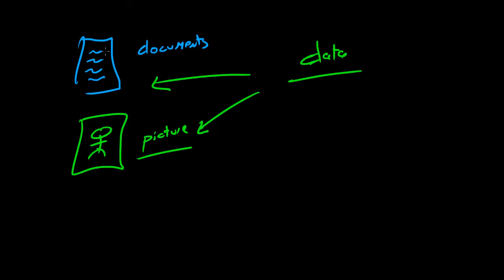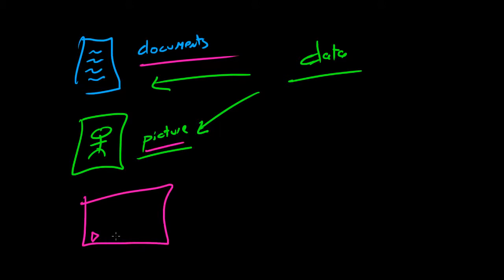So basically, by data, this is what's transferred in a computer network. We have documents, we have pictures. What else do we have? Videos. So we'll put a little YouTube player right here. And what kind of videos? Well, they're on YouTube